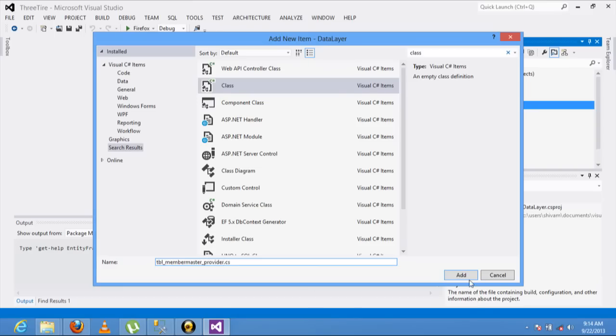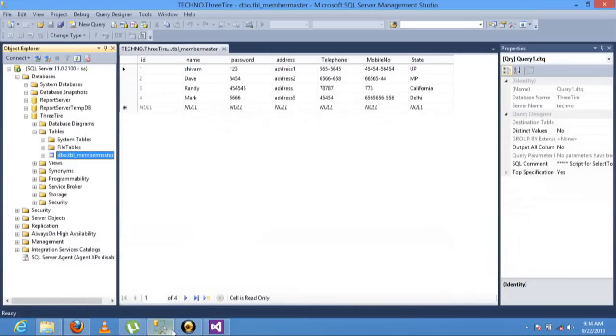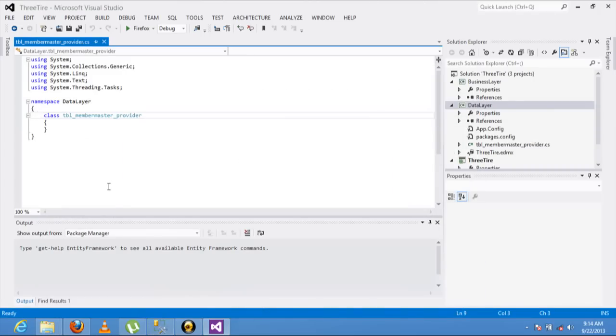Okay, add it. Now I write here the code for accessing the data from the database. Now create the public class.